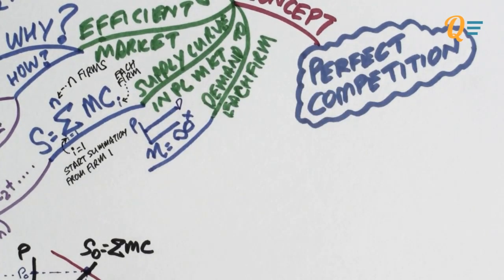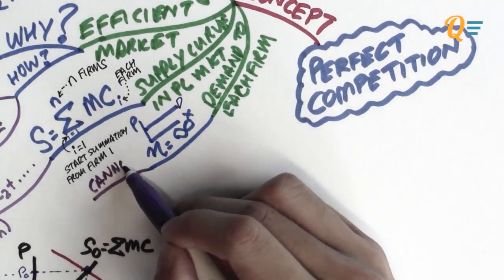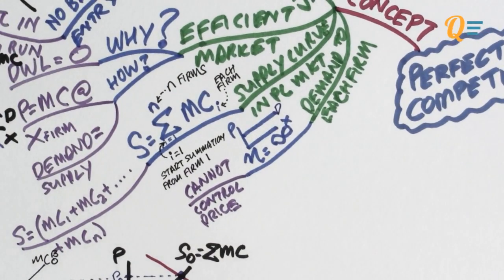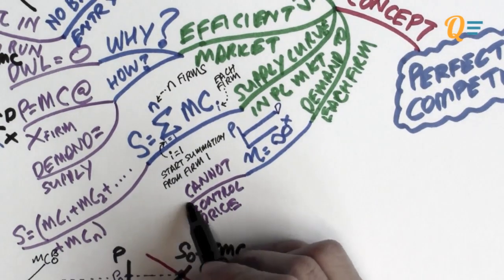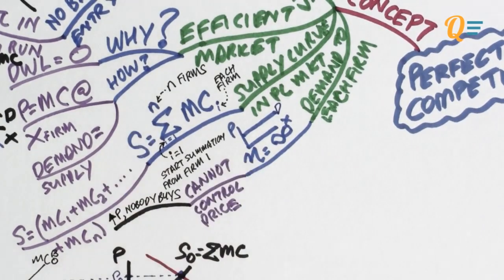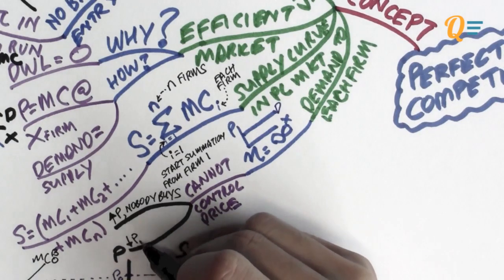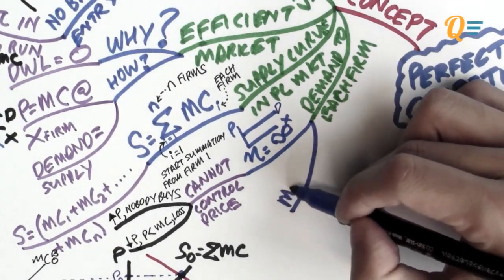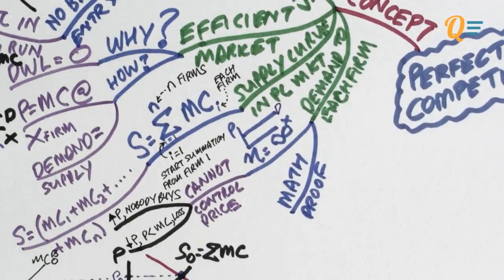Now, let me explain why this is the case. Each firm does not have the power to control the price. We have already somewhat established why they can't control the price, but let's explain this again. If a PC firm increases its price above the equilibrium price, nobody is going to buy from them, because there is perfect information and mobility. People can just buy from the cheaper firms. If the firm reduces the price, it is going to be selling at less than the marginal cost, and the firm is going to experience a loss. So why would a firm want to make losses? I'd rather have zero profits than produce at a loss. That is why they don't change the price.